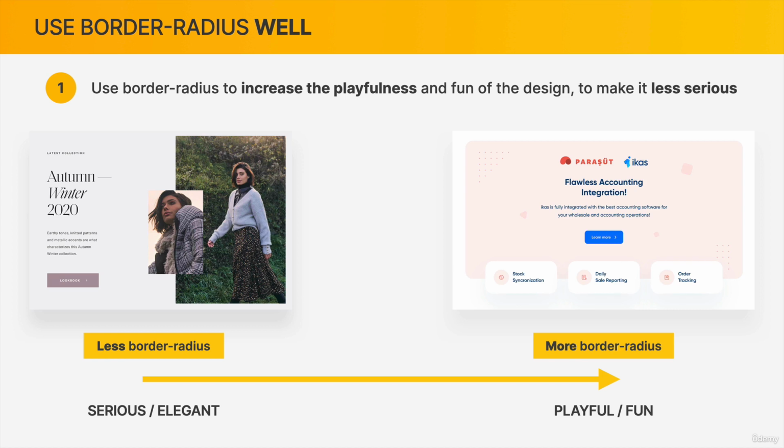Now, of course, there are also other factors that play into that perception, like the typography and the colors that are used on the left side. But nonetheless, border radius is still a very important ingredient that we can use to make any design look less serious, or on the other hand, if we simply don't use it,